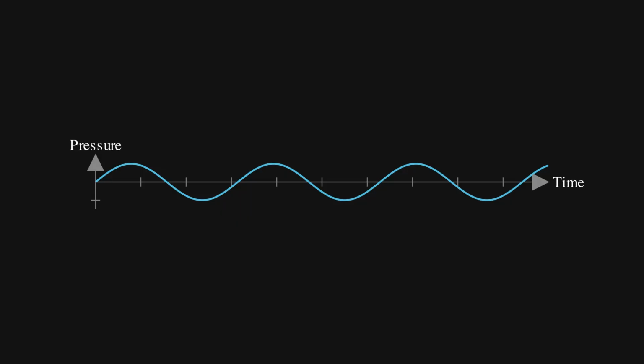Listen to this chord. It's an A major chord played on a piano. To your ear, or to a microphone, the physical reality of this sound is surprisingly one-dimensional. It is just a single fluctuating measure of air pressure over time. If you were to play just one single pure note, the graph of that pressure versus time is a clean